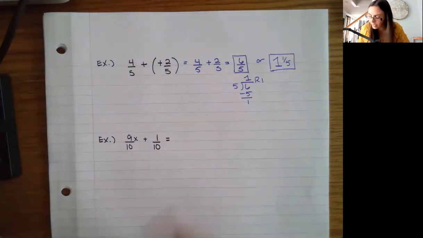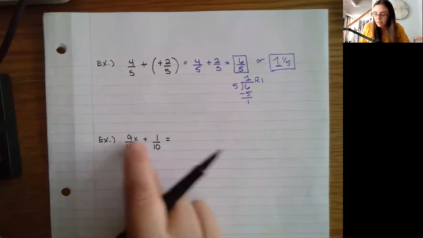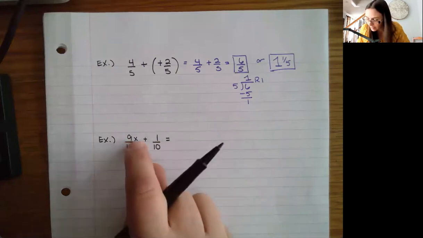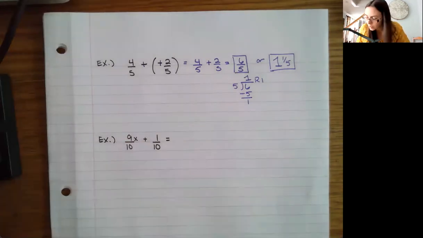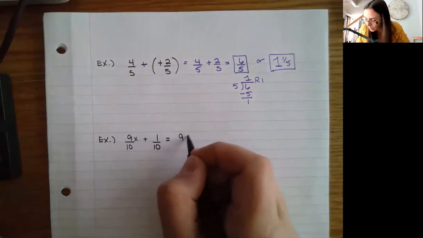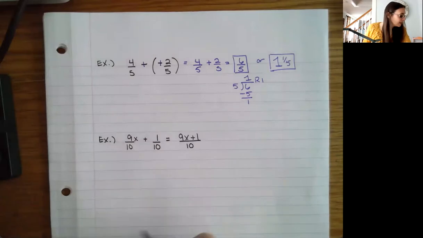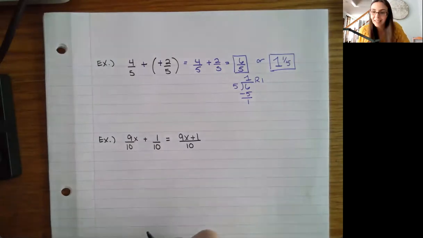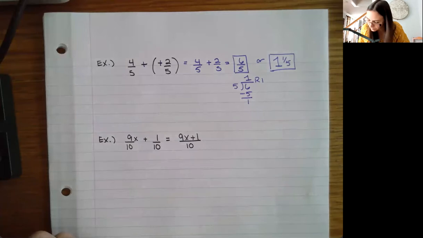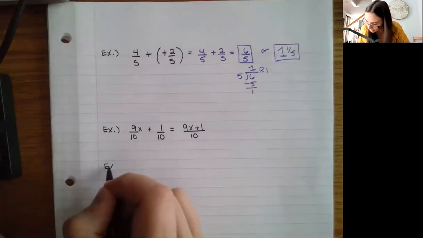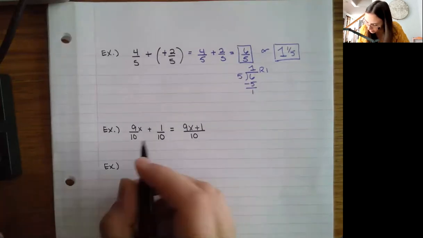You just want to be careful. It's not 9 plus 1 is 10. It's 9x. So this x gets tagged on with the numerator. So 9x plus 1 over 10. So again, we just want to be a little careful there, as that's kind of tricky to see. So if I see something like, how about,